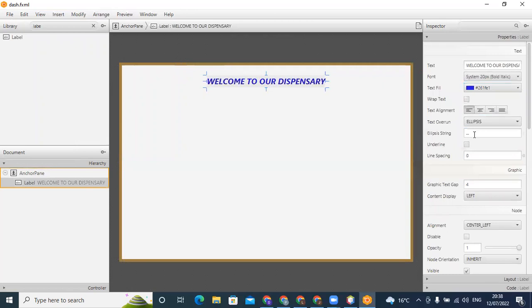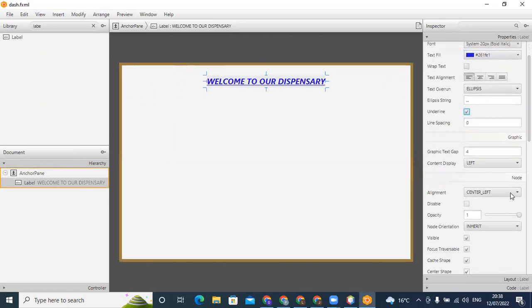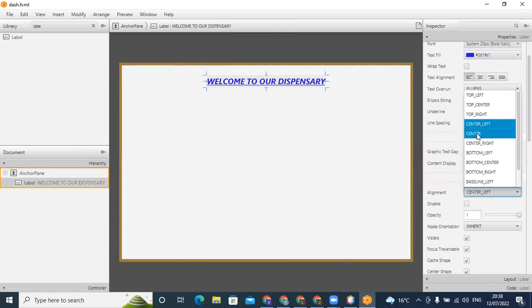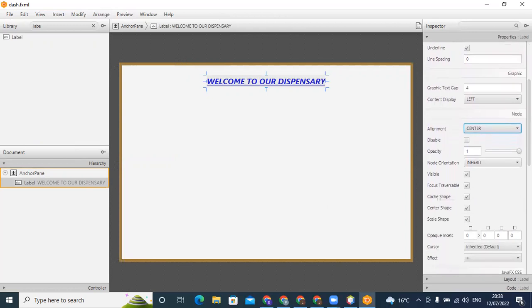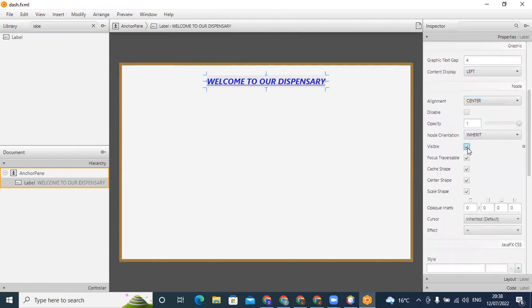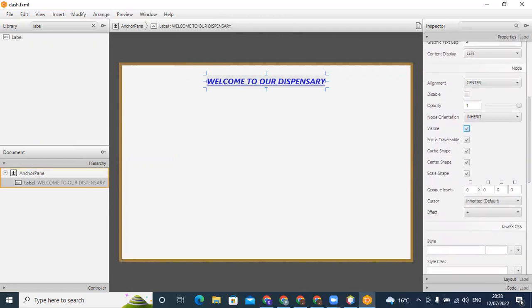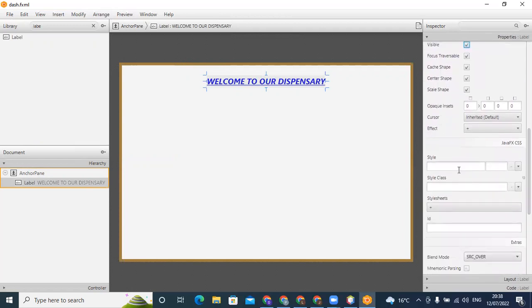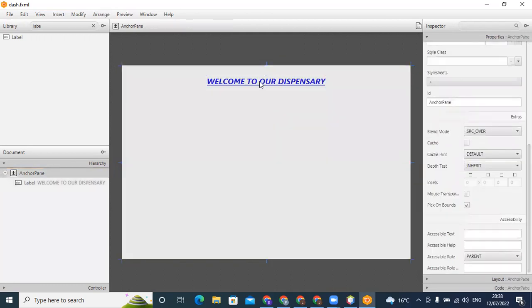There are many things you can do. You can underline it if you want. If you come down here, you can align it center. That is for your text. If you go down further, there's visibility. If you remove visibility, you won't be able to see it. Then down here, you can apply more styles if I want more editing. Okay, then